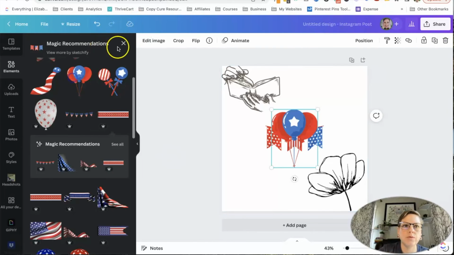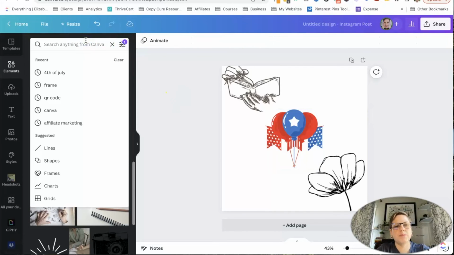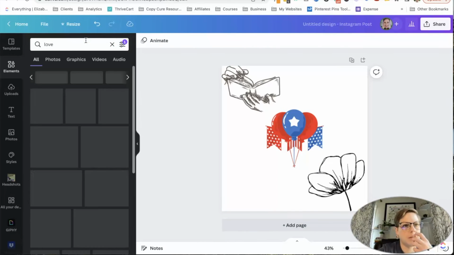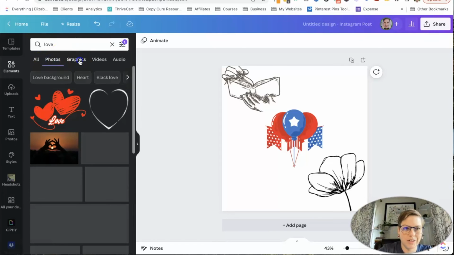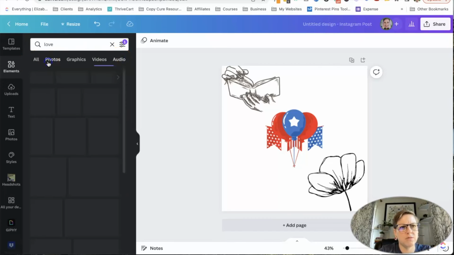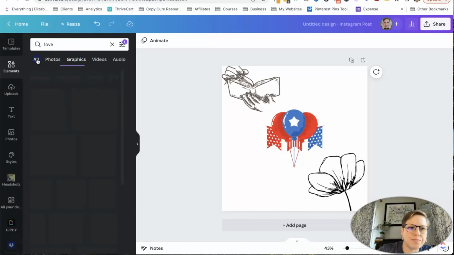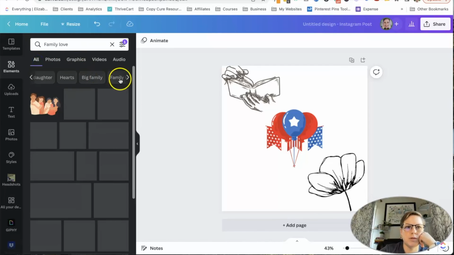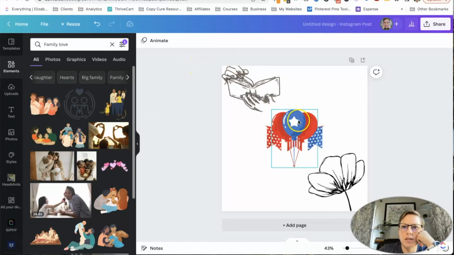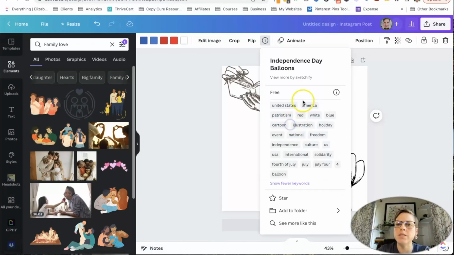Okay, so use the search, use the filters. It also helps if you're looking for something in particular, like if you want a photo versus a graphic. I would not recommend messing around with the audio. There's been some issues with audio licensing that they haven't quite sorted out. But photos versus graphics, and the sub topics here, anytime you find something informational, you can find more by the same artist, find the keywords that will help you find more stuff, maybe keywords you weren't thinking of, and just generally see more like this.